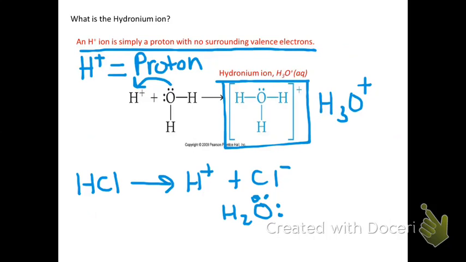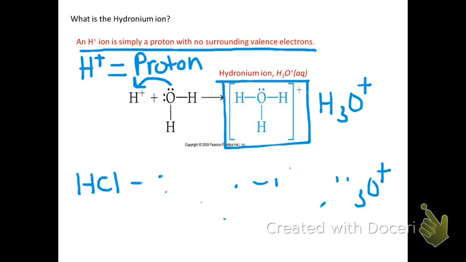And those lone pairs are important, as you'll see later. They're going to attack the H+, and the result is going to form the hydronium ion, like so. And so when we put this all together, what we can really say is going on is that the H+ ion, the HCl acid,